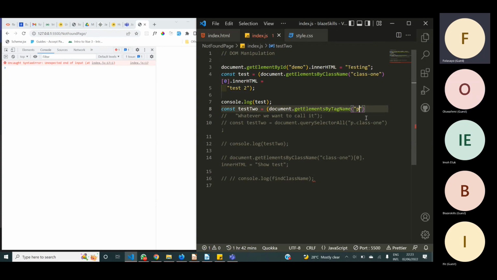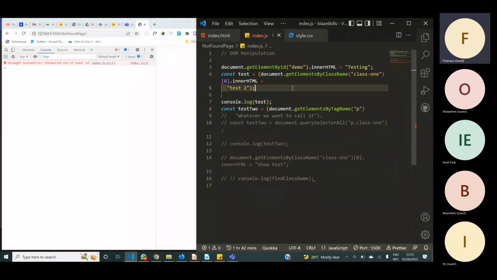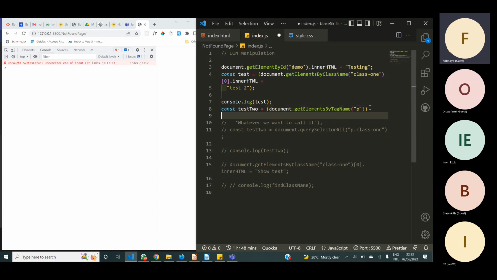Unexpected. There's an error. Where's the error coming from? Line 17. Okay, I'm not closing something properly here. Okay, I'm not closing this properly. Okay, that works. So if I log test 2 now,